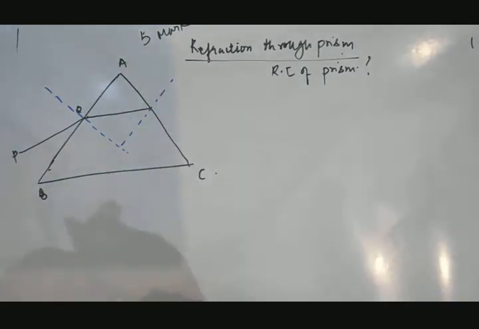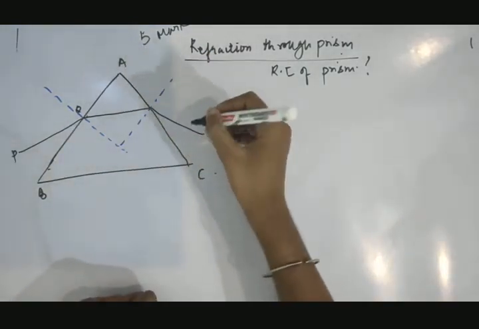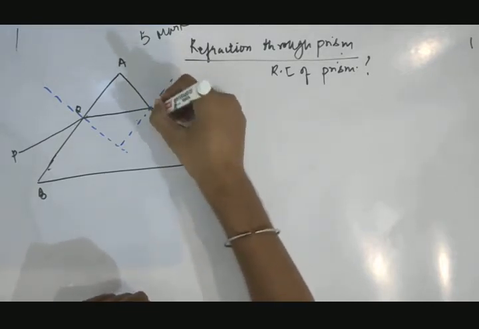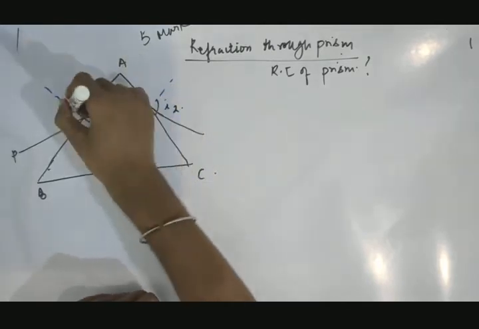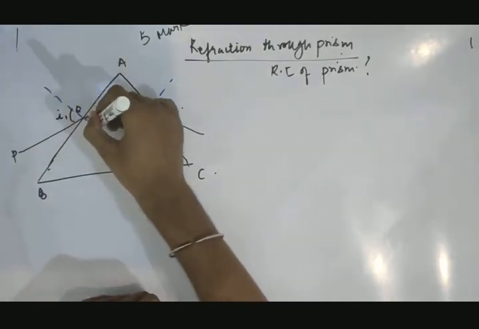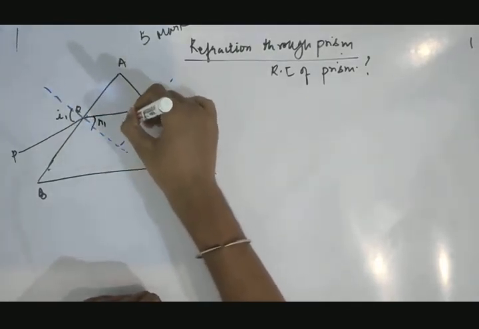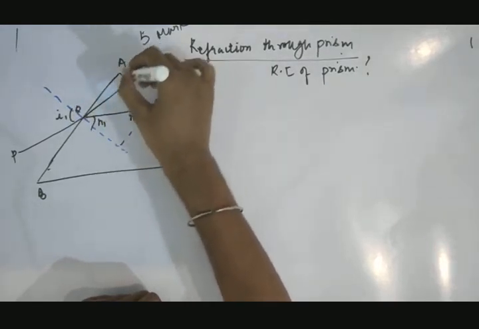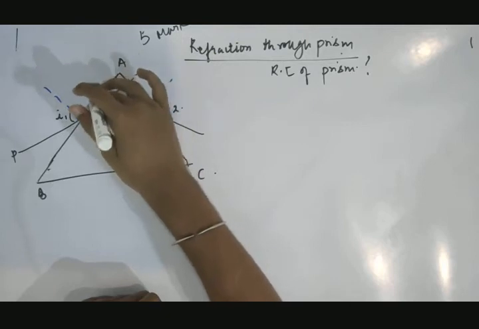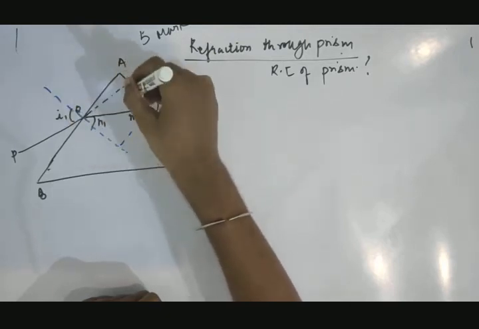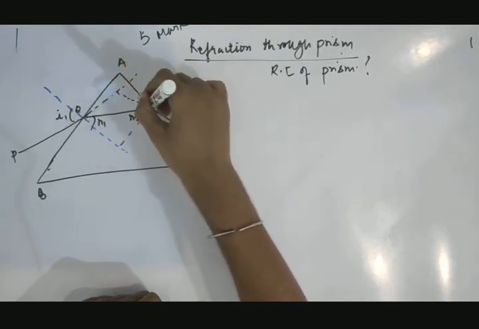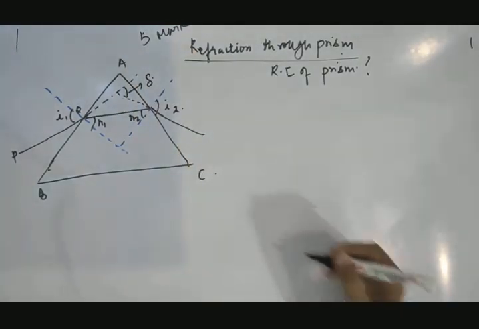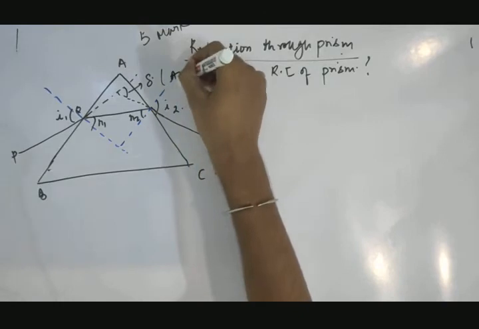and then this ray of light finally gets refracted. So this is the angle of incidence I2, this is the angle of incidence I1, this is the first refraction R1, this is the second refraction R2. Suppose the incident ray is produced forward, and the refracted ray is produced backward, they will meet at an angle that is known as the angle of deviation.